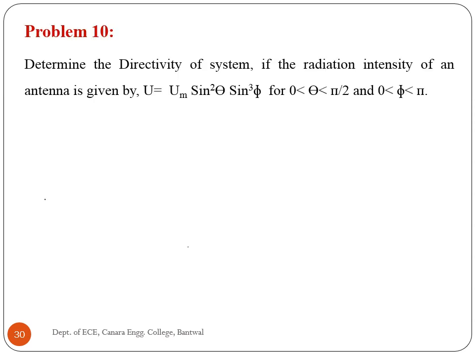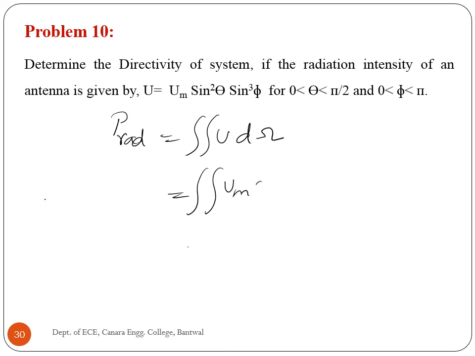Determine the directivity of the system if the radiation intensity of an antenna is given by Um sin square theta sin cube phi, where theta is from 0 to pi by 2 and phi is from 0 to pi. To find out the directivity, as we know, we have to find out the radiated power, which is equal to integral of U d omega. U is the given pattern, that is Um sin square theta sin cube phi. D omega is sin theta d theta d phi,